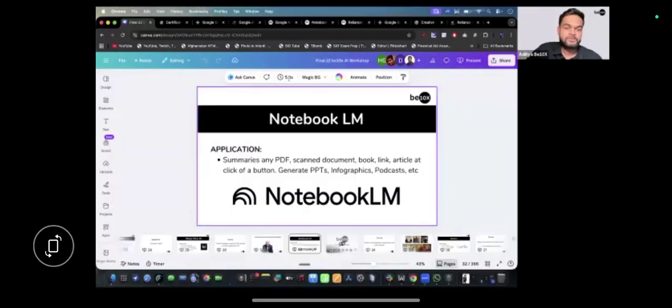So folks, not only that, now we saw how you can create presentations. We saw how you can consume knowledge in a 10x way. Consuming knowledge is one of the most important things as a working professional, so that's why I took a lot of time explaining this. But now, would you also like to understand how you can edit images, how you can create images, how you can create graphics by using AI?